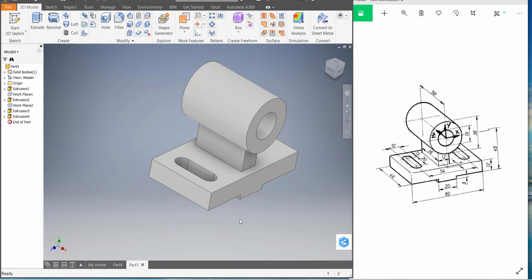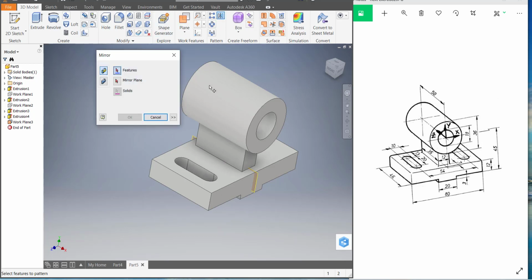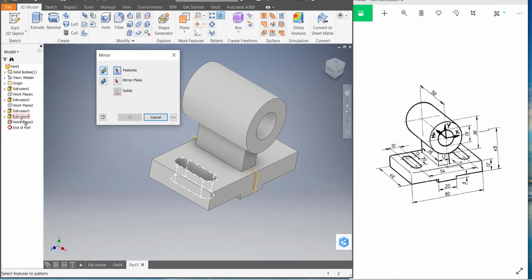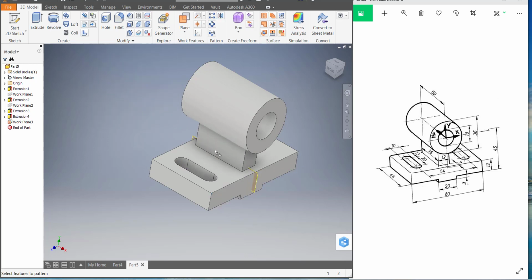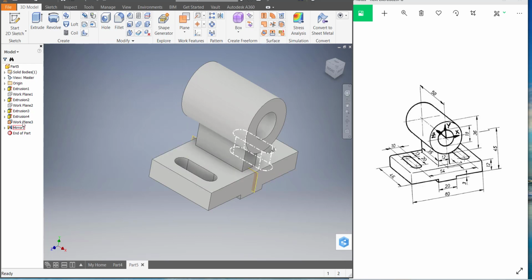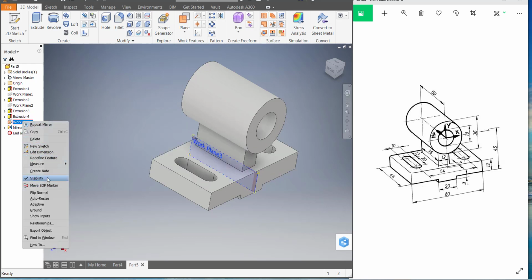Now we are going to mirror. Take a plane in center, offset from plane, distance is minus 40 millimeter. Okay, go to mirror, and features, we will select extrude, mirror plane, sorry, features and mirror plane, work plane 3, and okay. Now hide this plane. Okay,